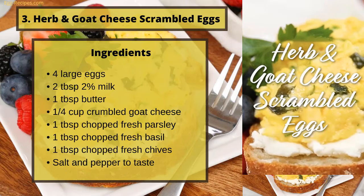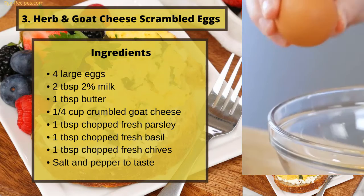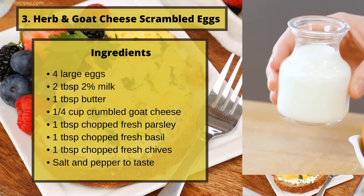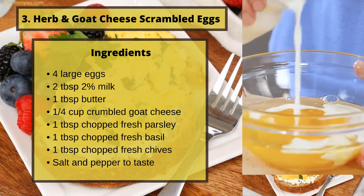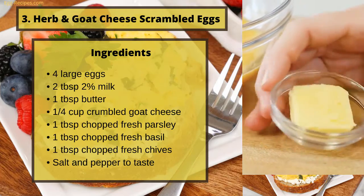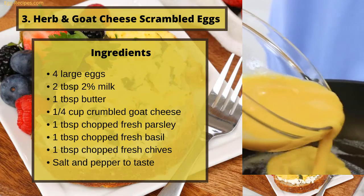Number 3. Herb and goat cheese scrambled eggs. Ingredients: 4 large eggs, 2 tablespoons of 2% milk, 1 tablespoon of butter, 1/4 cup of crumbled goat cheese, 1 tablespoon of chopped fresh parsley, 1 tablespoon of chopped fresh basil, 1 tablespoon of chopped fresh chives, salt and pepper